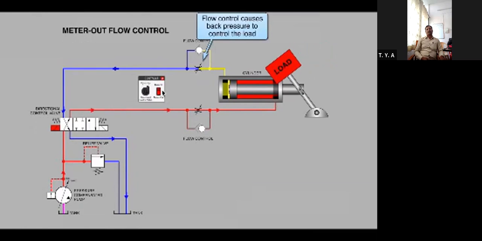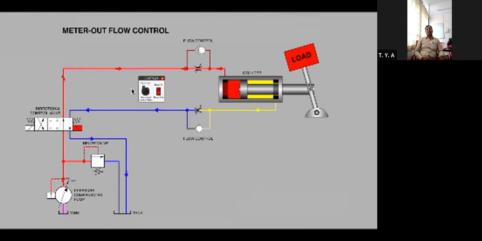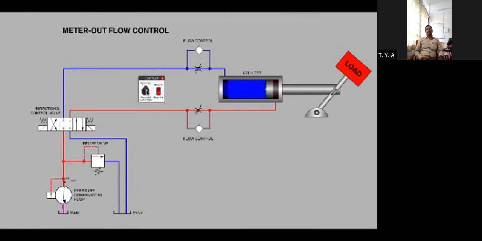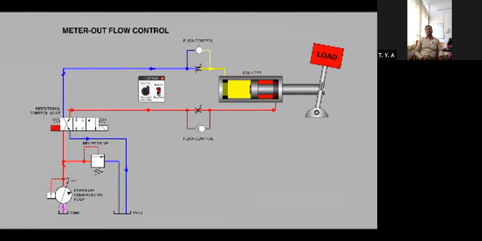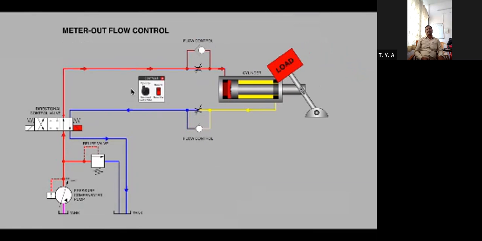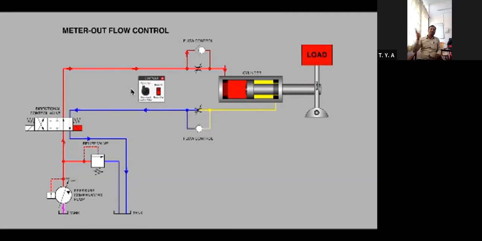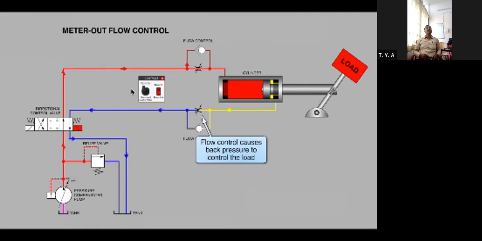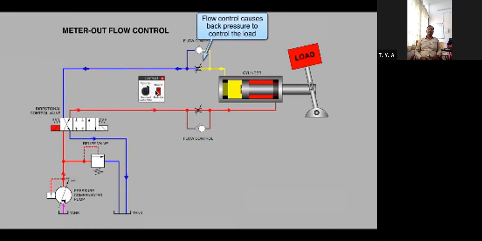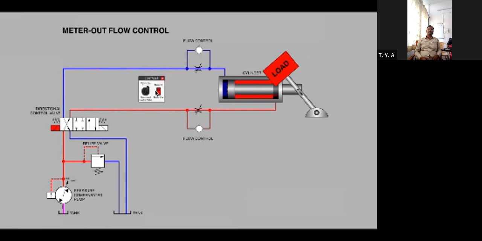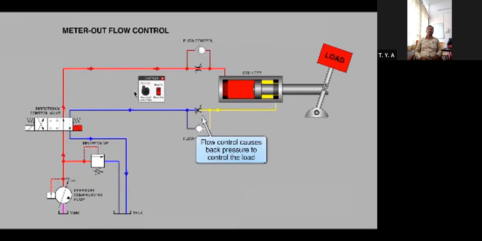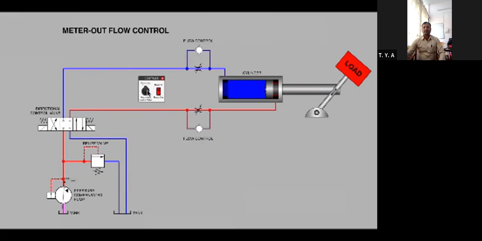Well, it looks like now that we're metering the oil as it leaves the cylinder. Notice what's happening with the flow arrows. We're putting a pinch on the flow of the hydraulic oil as it's leaving the cylinder, and everything looks much better now. Now that there's a runaway type of load, perhaps our needle valve, if restricted sufficiently, could control what otherwise might be a very uneven motion. So that's the difference between meter in and meter out.